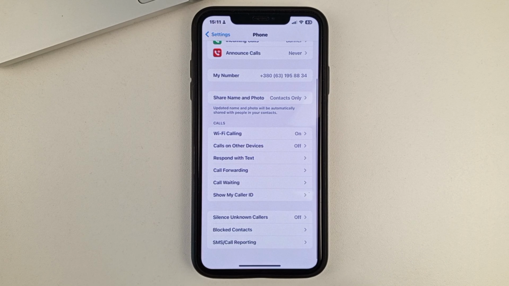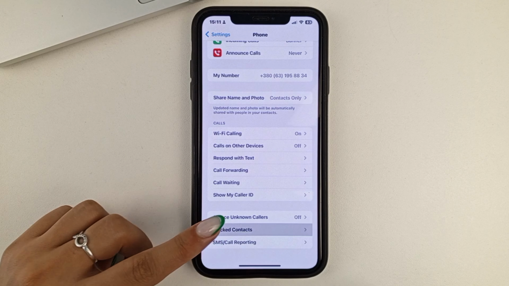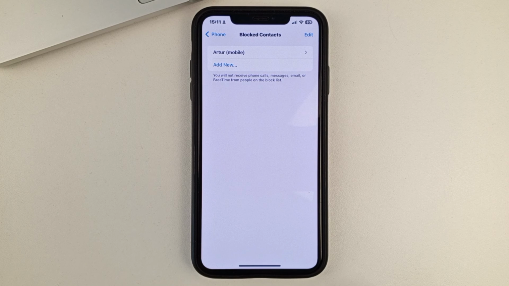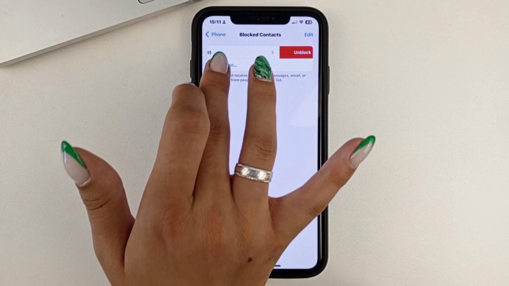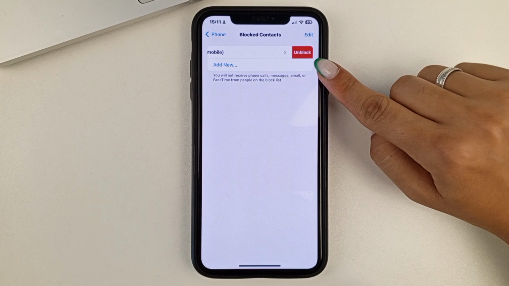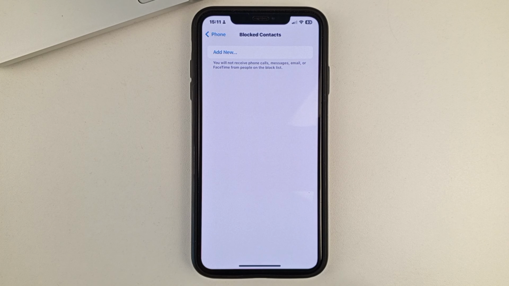And the last thing I recommend you to check is the blocked contacts. If, let's say, you can't receive incoming calls from any particular person, then check your blocked contacts list. Perhaps the person is on that list, and that's why they can't reach you. And you will need to unblock such a person. To do that, friends, you'll need to swipe from the right side to the left side and click on the word unblock. So now the person will be able to call you easily.